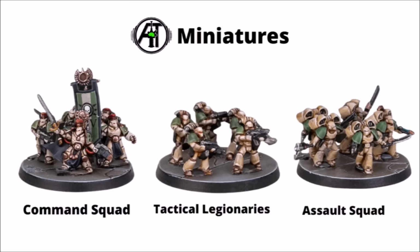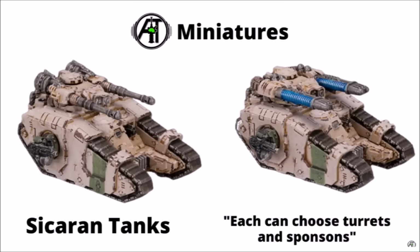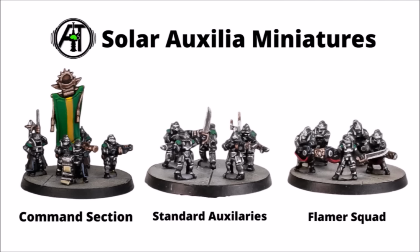you might expect. Here's a zoom in of a couple of those Sicaran tanks. Apparently each one's able to choose its turrets and sponsons. Kind of fun to have some little war gear choices going on there. Here's a zoom in of some Solar Auxilia infantry miniatures. They come with individual specialists within the formation, a command section, some standard ones, and some flamers and a few